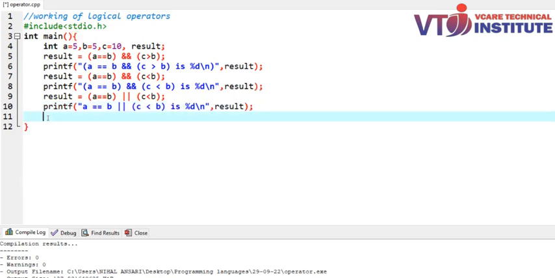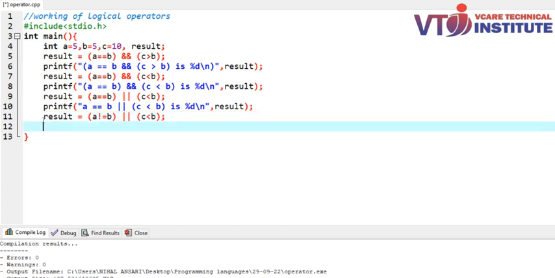Now for checking the complement operator, result is equals to A not is equals to B, or C less than B. We are just printing the above statement by writing the complement version, and then we are